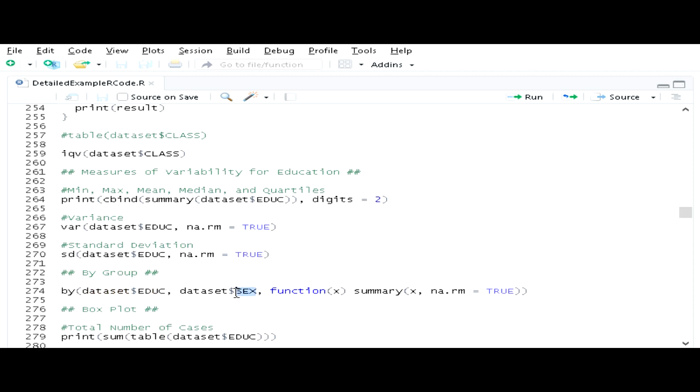I'm going to do it separately for men and women, so I tell it the grouping variable next. Here I'm going to use basically an unnamed function, and the function I'm going to pass is basically the summary command like I did earlier up here. And I'm going to do this for both men and women on the variable education, excluding any value of education that's missing. So if I just run this,